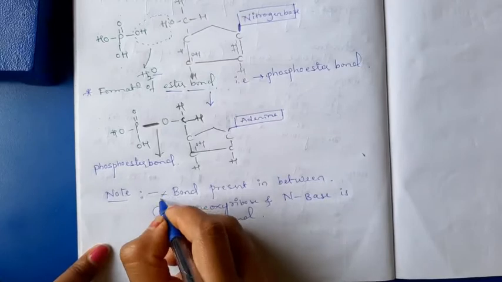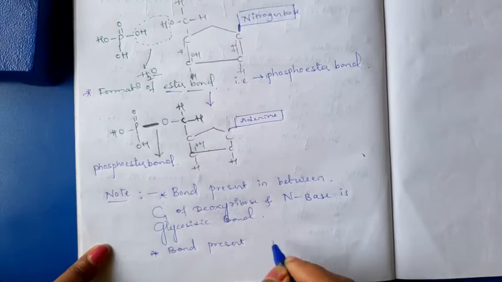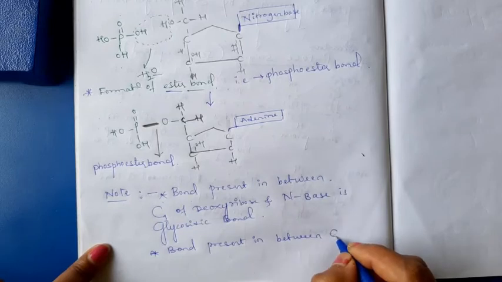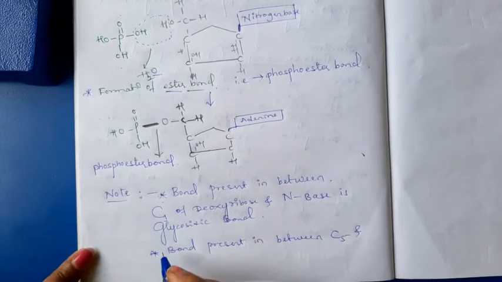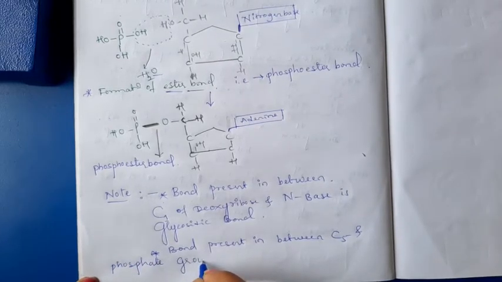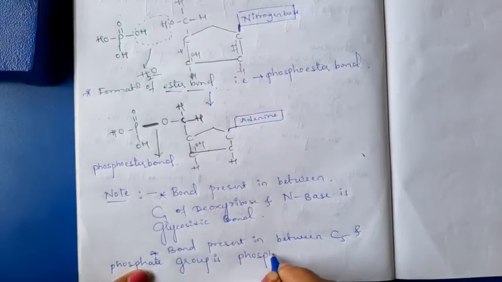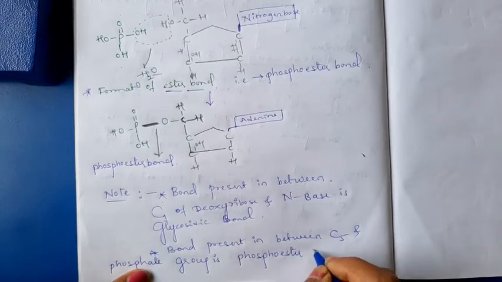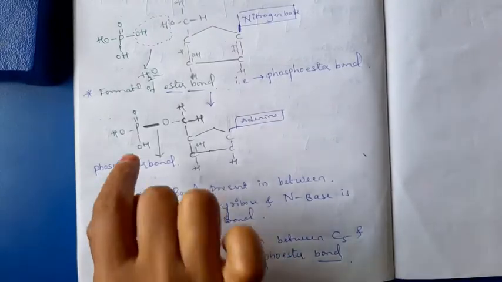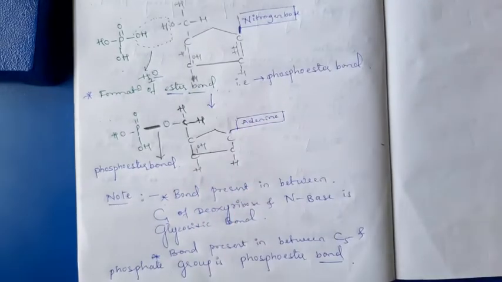Okay, like that, the bond present in between fifth carbon atom and phosphate group is phosphoester bond. Okay, the aggregation of phosphate group, deoxyribose, that is a pentose sugar, and adenine,